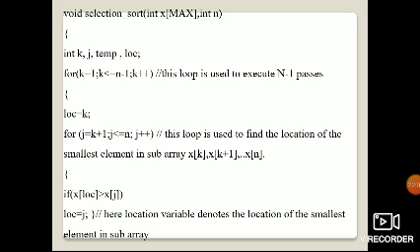And k is equal to 1, k is less than or equal to n minus 1, k plus plus, this loop is used to execute the n minus 1 passes. After completion of the pass, k has to be incremented, then we have to enter into the second pass. Till n minus 1 passes, we will be executing.